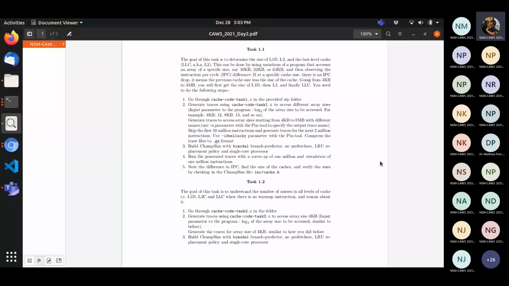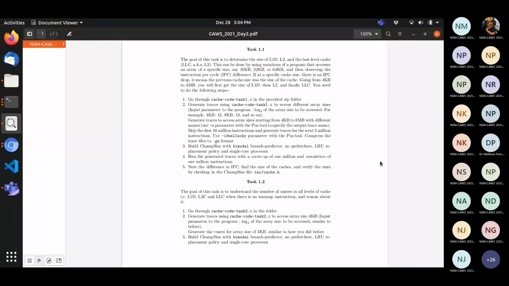The Pin tool is an instrumentation tool which provides all the instructions which are part of a program: add, load, store, and so on. You generate those traces and feed that trace to ChamSim, saying, if these are the instructions my program generates, what will be the behavior of my cache? What will be the IPC for this particular working set? Those are the questions we are asking. Is that clear? Yes, sir.